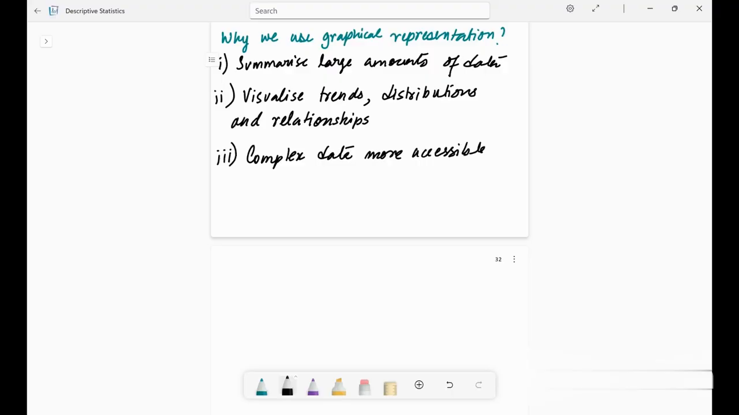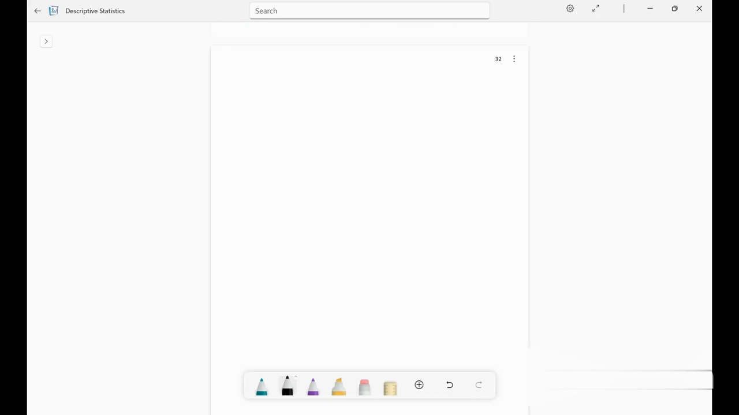All right. Now coming to our next topic, common types of graphical representation. I'm just writing GR, okay? Common types of graphical representation. There are several types of graphical representations commonly used in statistics. The most important ones are, first, line diagram,